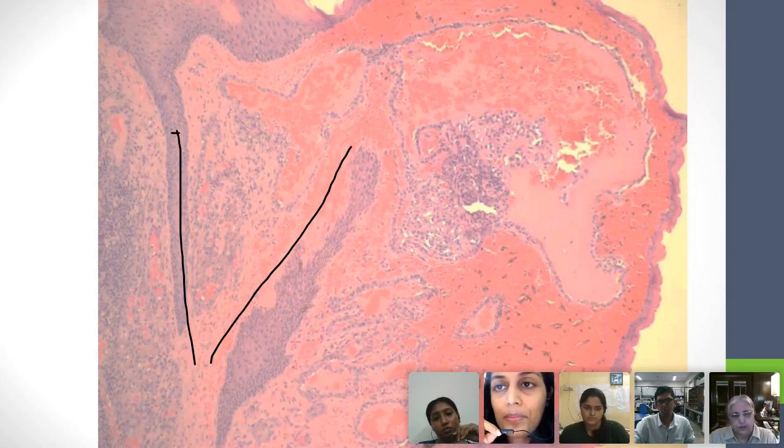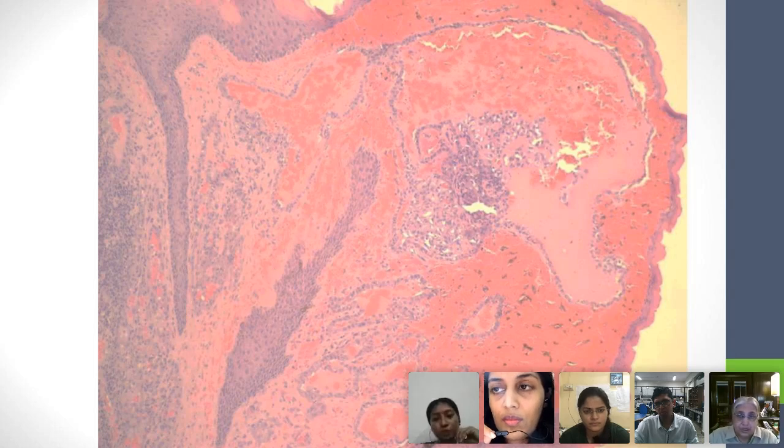No, ma'am. So everybody who thought that this is keratin, you need your eyes to be a little sharper. This could very well be part of this tumor, which is just some columnar epithelium over here. It could very well be that you can see a palisade actually all the way through. So please, this is not keratin. Have you understood that? It cannot be keratin. There is no way that it is, because you would have had to have so many layers or stratified layers below that. So this is not keratin.